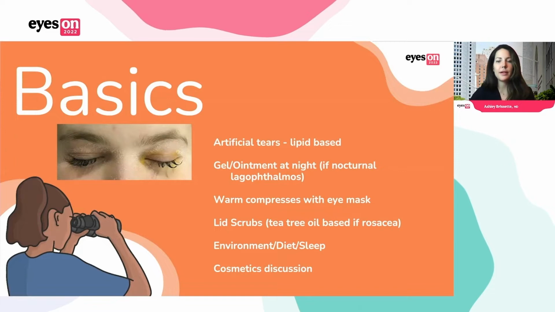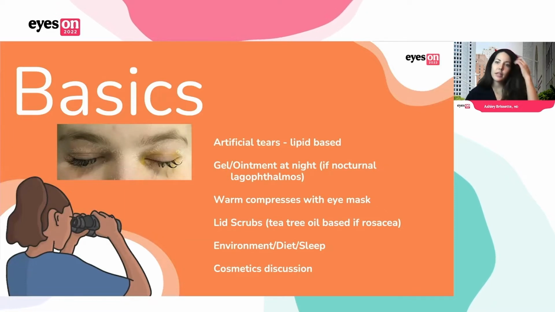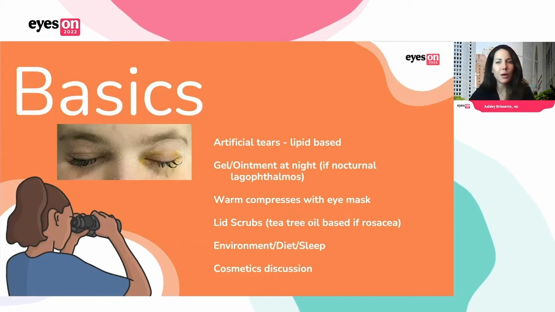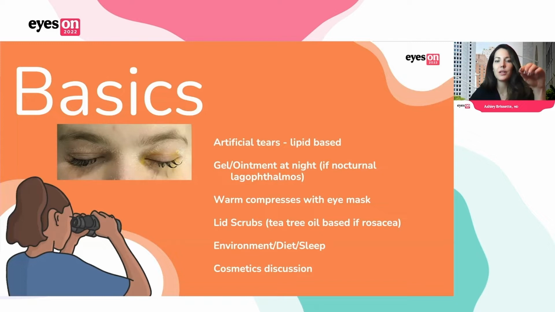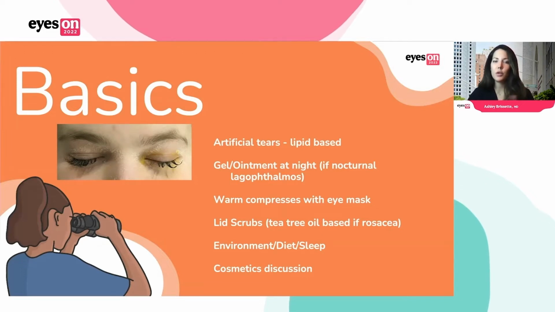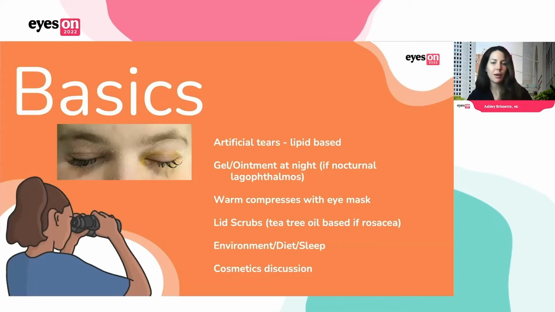And then lid scrubs are essential as well to remove any bacteria, pollen, dust, and debris that builds up over the course of the day. If patients have a significant ocular rosacea component, then I'll recommend one based with tea tree oil. And Demodex is always something that we look for at the base of the lashes, and that's often the cylindrical scurf that can occur. If a patient has Demodex, then a tea tree oil-based cleanser is really recommended as well. There's a new drop that's coming out that's going to be a prescription-based therapy for Demodex blepharitis. I believe it'll be available in the next year or 2, so we'll keep our eyes peeled for that therapy as well.